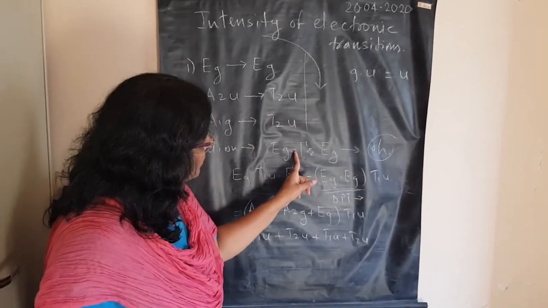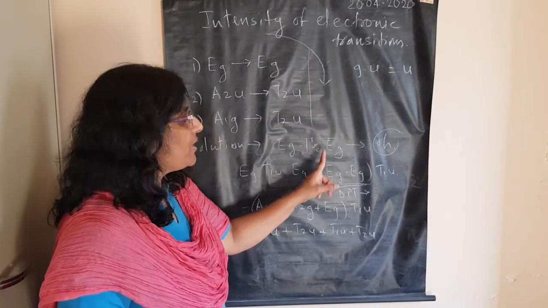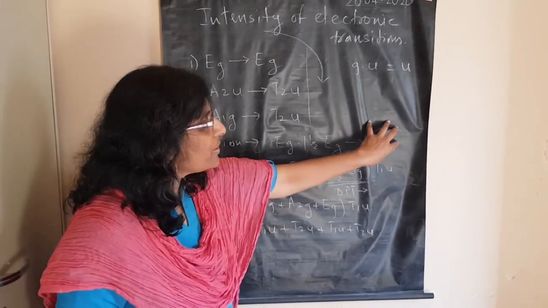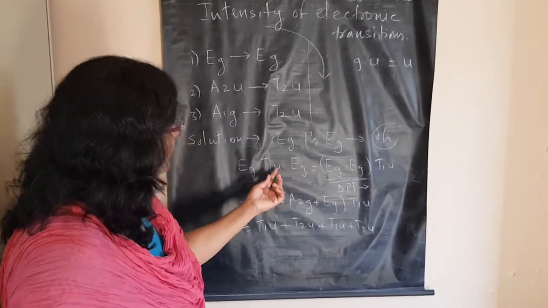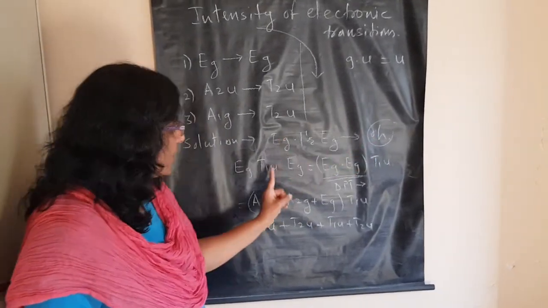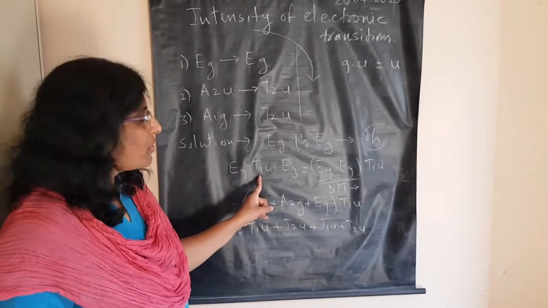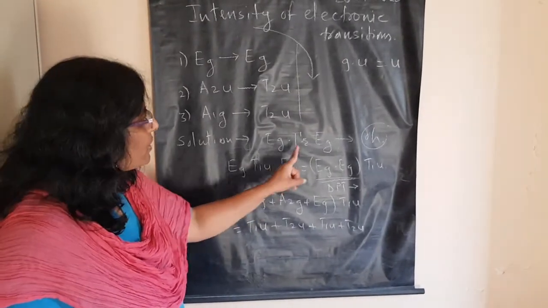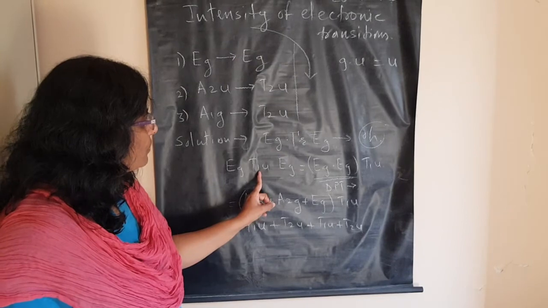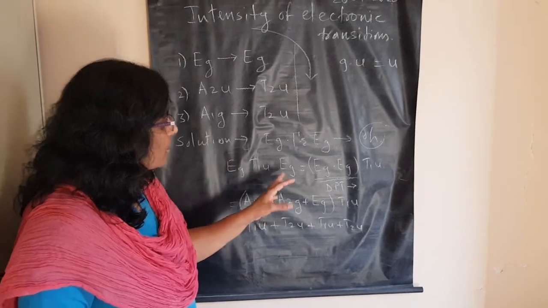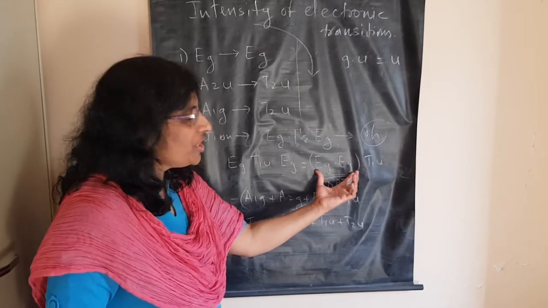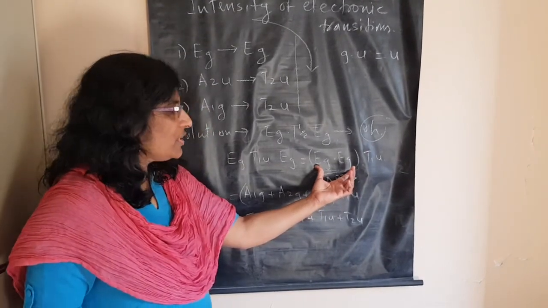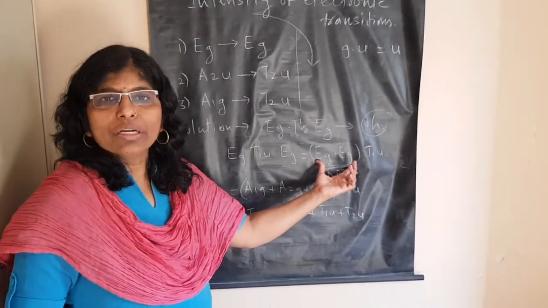Eg, dot the dipole moment vector, Eg. We have to keep in mind this is octahedral geometry, which is very important. Since this is octahedral geometry, the dipole moment vector will be T1u. So in place of tau r, you write T1u as the dipole moment vector. Now take T1u out and make the product of Eg into Eg. How to do this Eg into Eg, we learned during the correlation diagram.